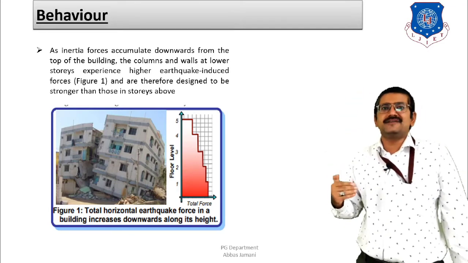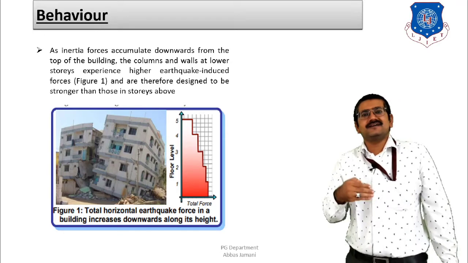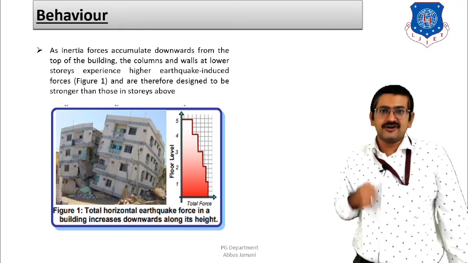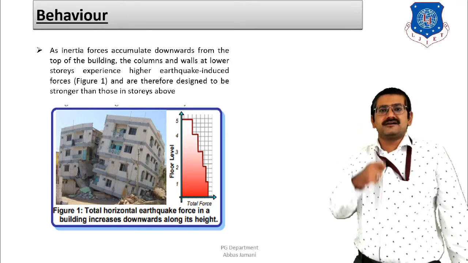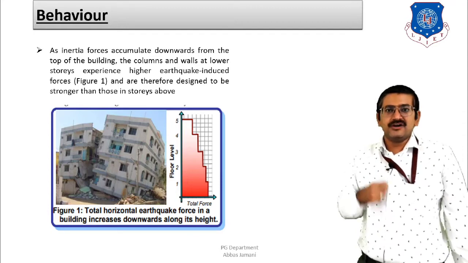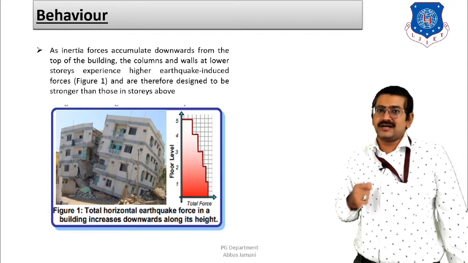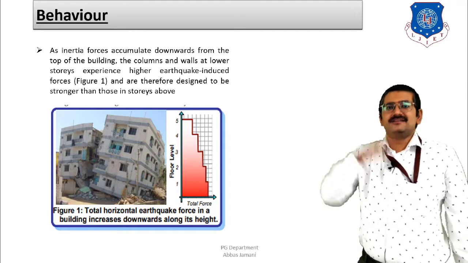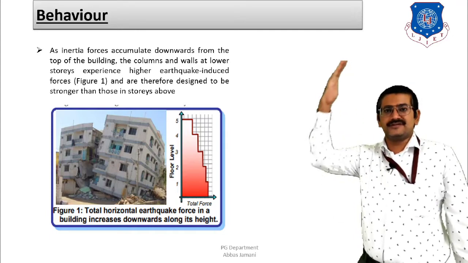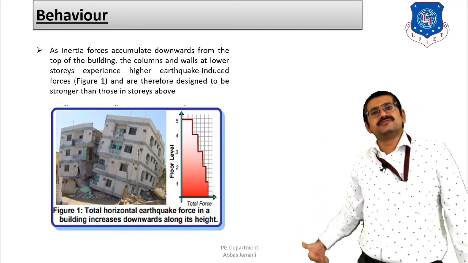So as a result of that, we can say that the inertia forces or the base shear that will be generated due to the effect of this weight in the building above is going to be more concentrated at the lower level, that is towards the ground, because all the forces are going to be transferred from the top to the bottom and from the bottom to the soil below.